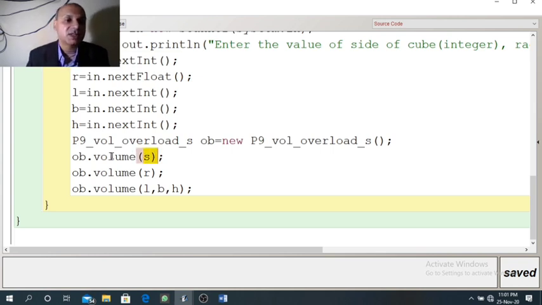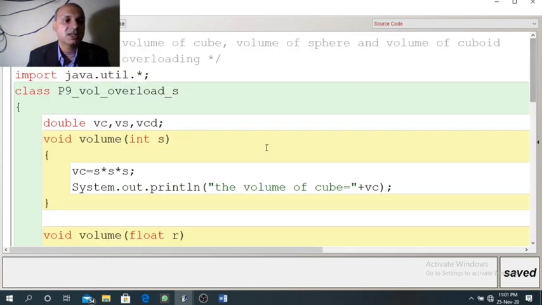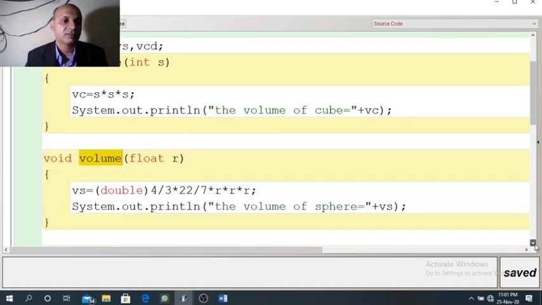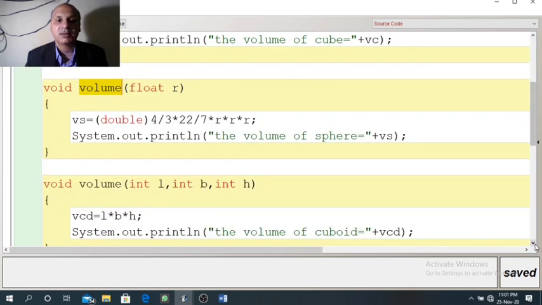Now the compiler will search where is volume function which receives integer argument, that is one integer argument. So compiler will start searching. It will find volume is present at three places. Then it will check number of argument.